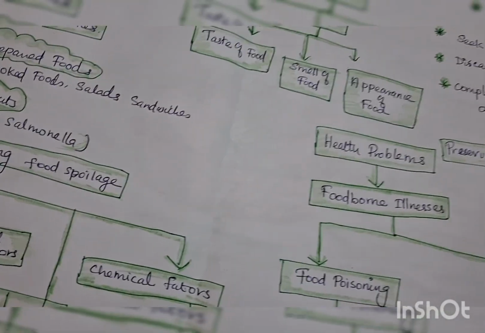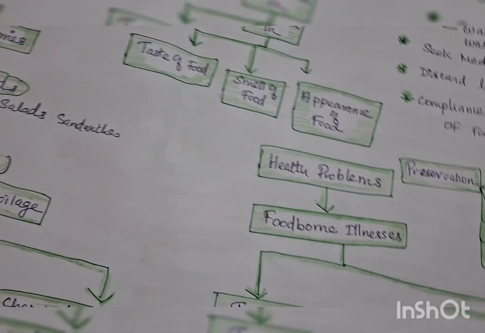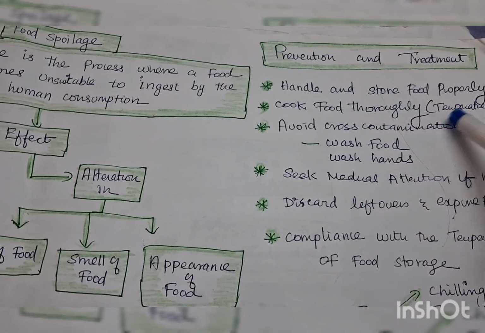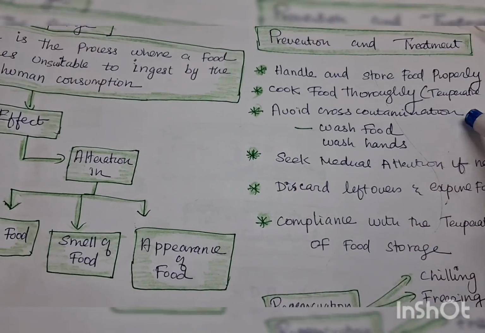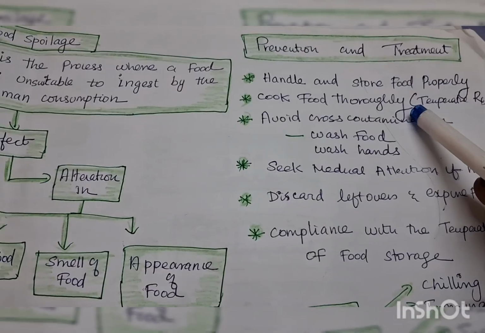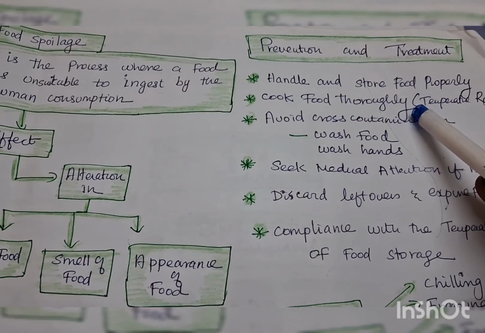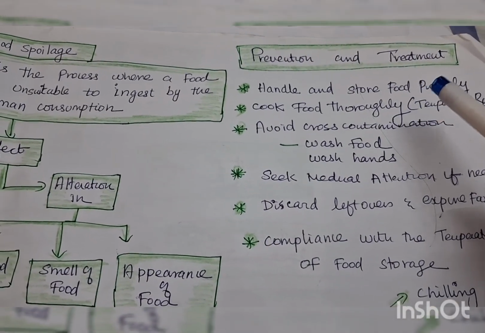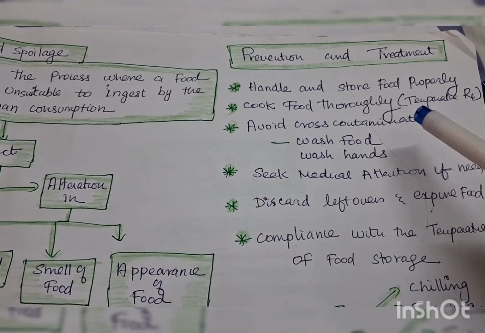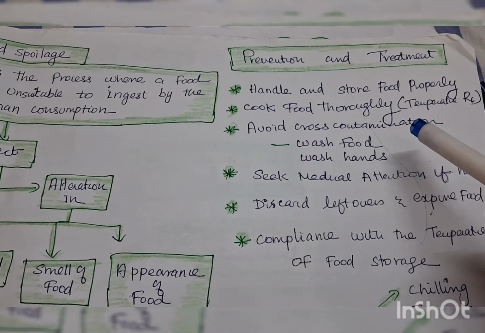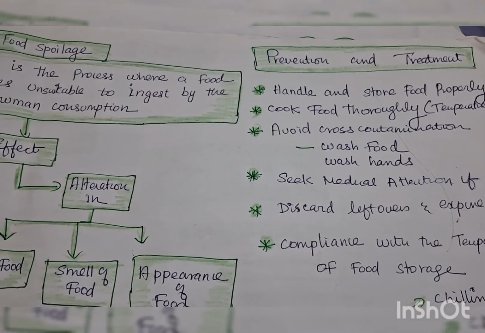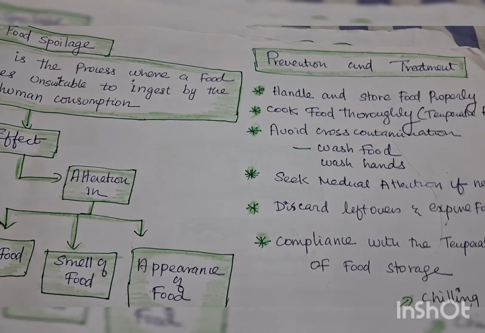Okay, so how do you prevent it? Prevention is better than cure. So, prevention and treatment: handle and store the food properly, and cook the food thoroughly at the correct temperature. Why do they tell us to cook the food? Some people eat pork meat and other animals. If the animals have tapeworm in their body and you do not cook in the pressure cooker, these worms will not die. So you may develop tapeworm infections. Ultimately, the end result is anemia, and due to anemia, other health problems will invite into your body.